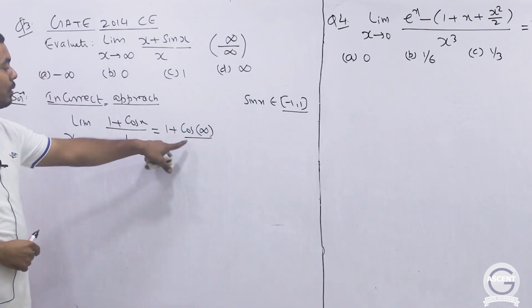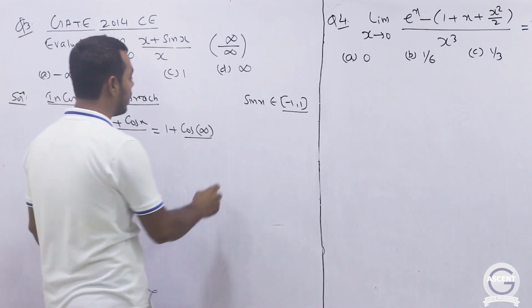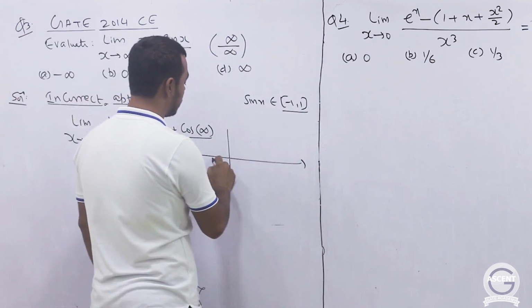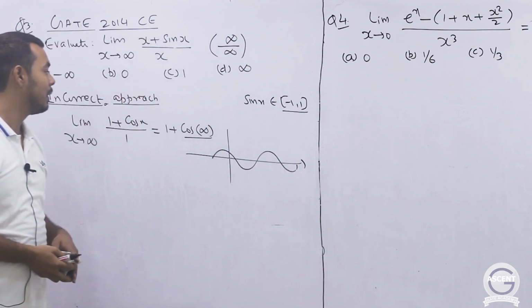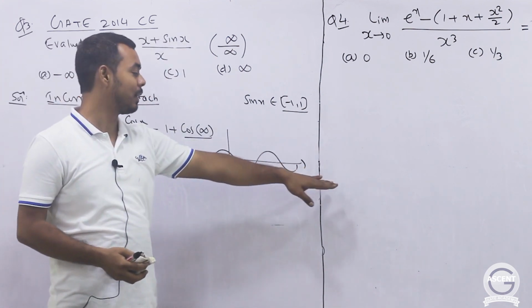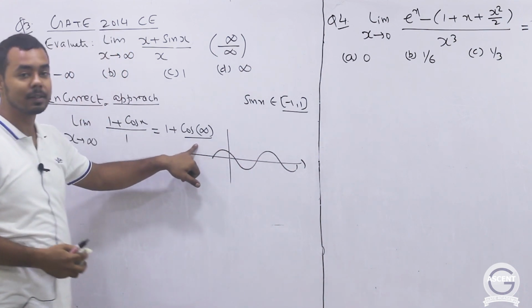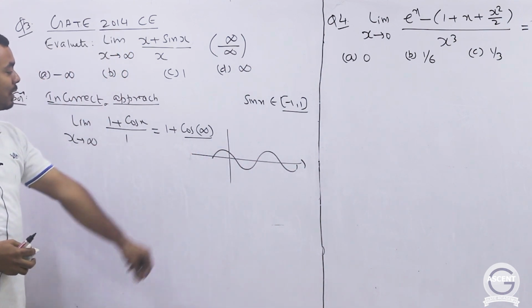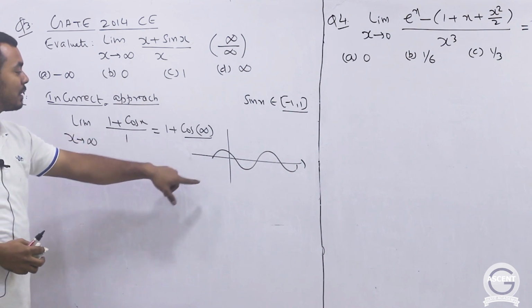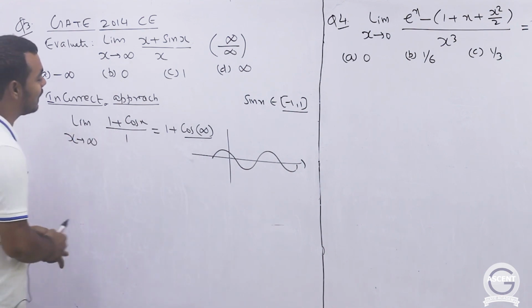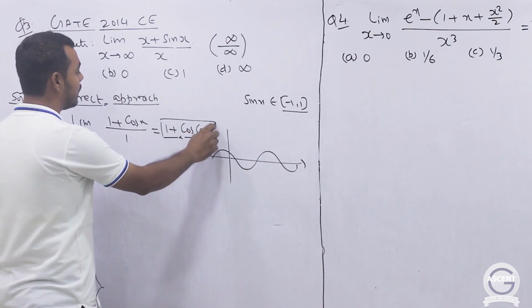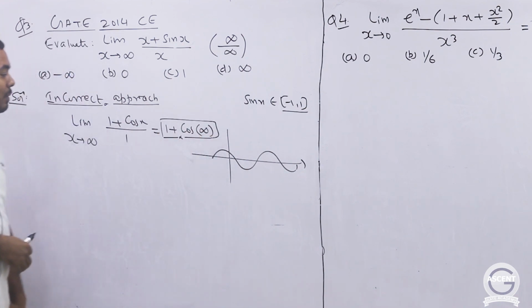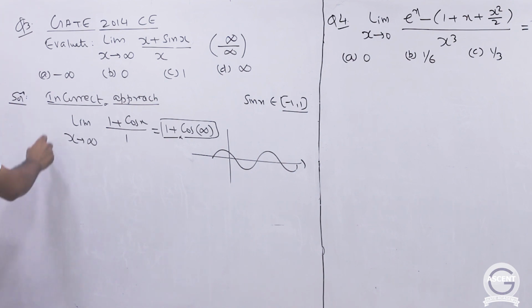Now we don't know the value of this cos infinity. If you see the graph of cos x, this was the graph of cos x. To find the value of cos infinity, you have to reach infinity, and by the time you return, your GATE examination will be over. So even if you have found the value of cos infinity, there is no point in that. So here you cannot apply this method because we don't know the value of cos infinity, right? So you cannot apply L'Hopital rule in this particular problem.